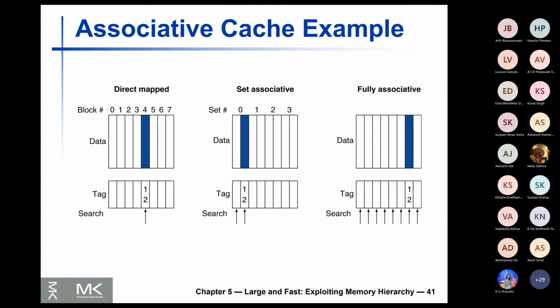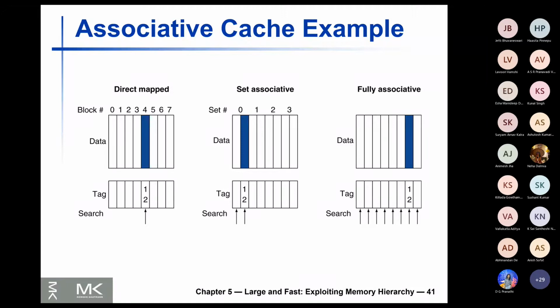In a set associative cache, the problem is not fully solved, because you still need to search in multiple locations in parallel. However, the search is restricted to the single set. So if your set contains only 2 entries, so it's a 2-way set associative cache, you search in only 2 locations. And in a direct map cache, search is very trivial. You just look at the address bits of the block address, and you can directly index into the correct location. So direct map is very simple but inefficient in terms of hit miss patterns.